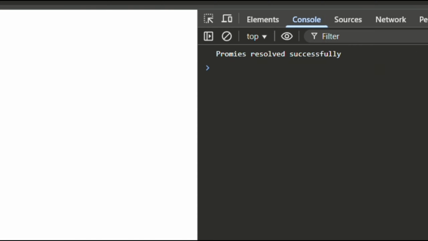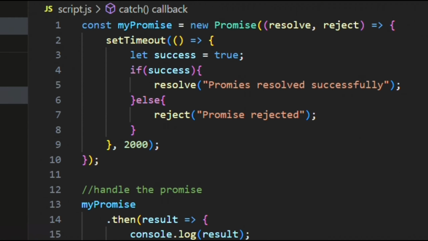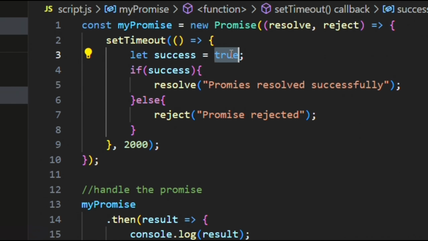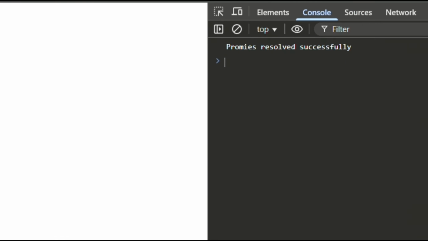If we refresh the page, after 2 seconds we can see the output. If we change the variable success to false, the output will be "promise rejected". To verify the output, refresh the page, and after 2 seconds we can see the output, and it is